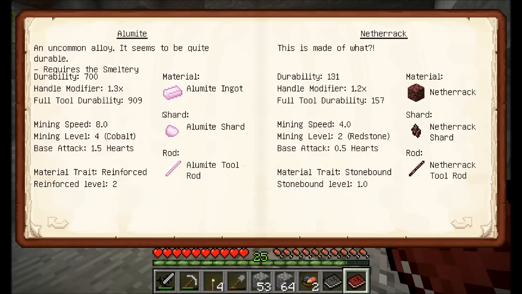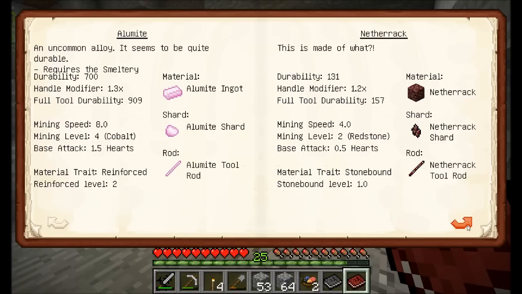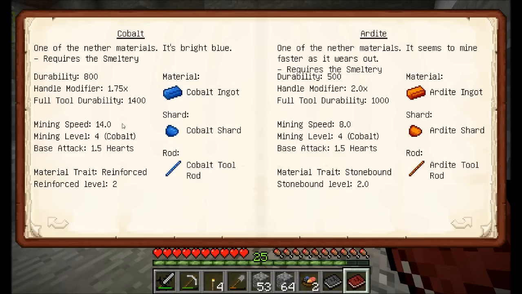There's a bunch of different ones, but Alumite is probably the easiest one to access that has a mining level of 4, which is cobalt, which is going to open up some even better materials for us, right? You'll see that most other materials don't have a mining level of 4. The only other one that might would be cobalt,